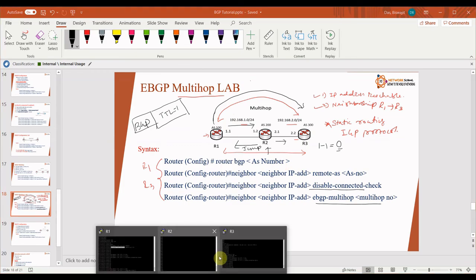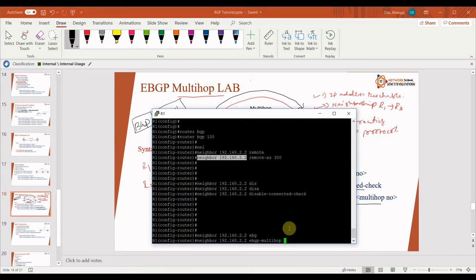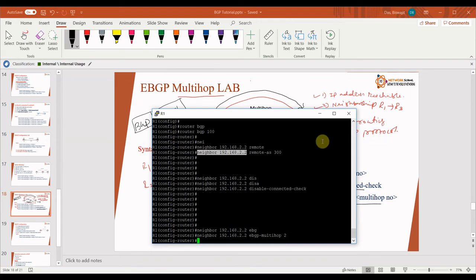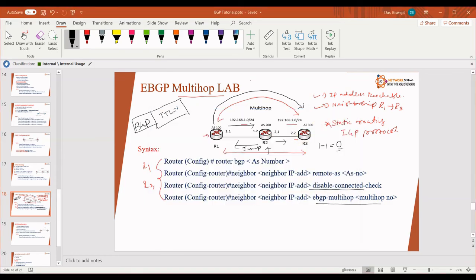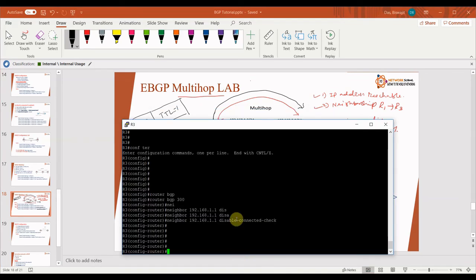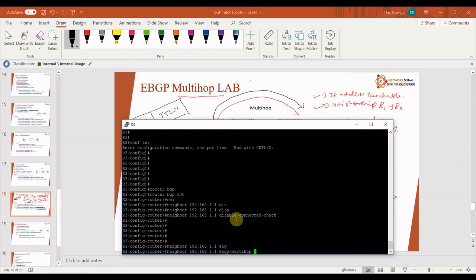So we have to go to R1 and tell R1, hey Mr. R1, the router to whom you are making the neighborship is two hops away, so we have to specify the number of hops, which is 2. And simultaneously we will go to R3 and specify the same, which is also 2 hops away.